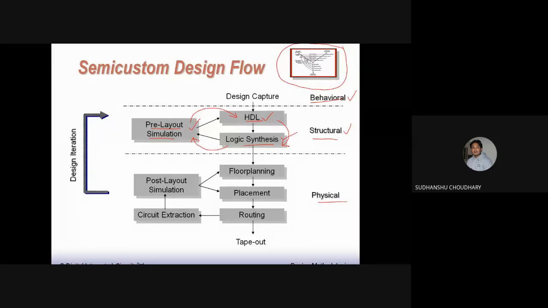Now you move on to the other axis of the Y chart, right? That is, based on the RTL synthesis, now you decide the floor planning. Okay, that is, you try to draw the layout here. So before drawing the layout, you know how many components are there. So you floor plan, that is, you decide which area of the chip will have which component, right? That is, which module will be placed on which portion